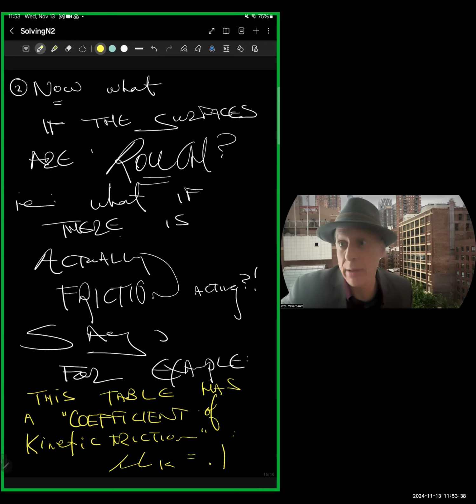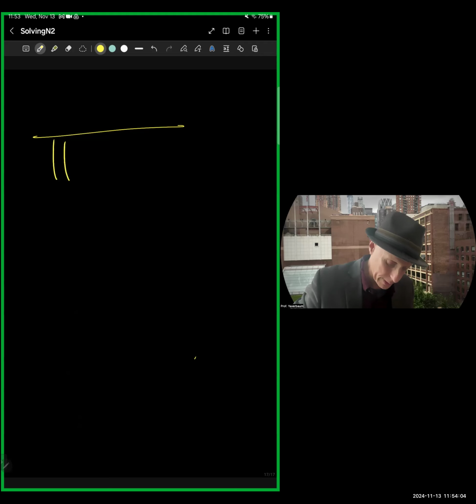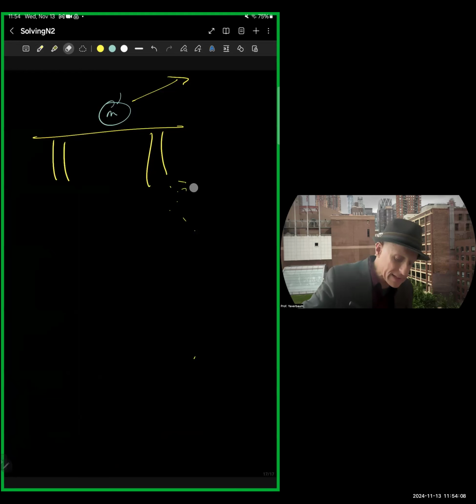Okay. What I'm adding here, and I am aware of the time, I'm saying here's the new layer that we're going to add to some problem now. Say it's all the same situation as it was a second ago. So I'm redrawing. Say we have this table with this apple, right? And still, let's say it's being pulled up at an angle. But let's say now,